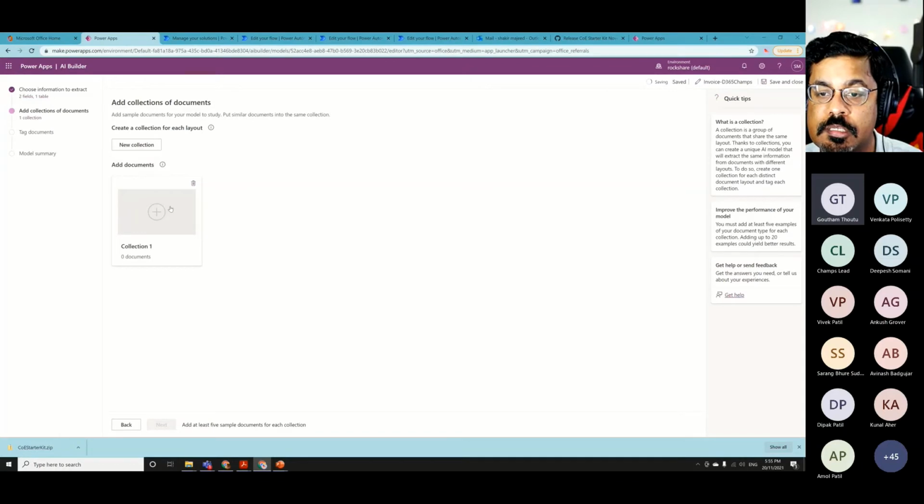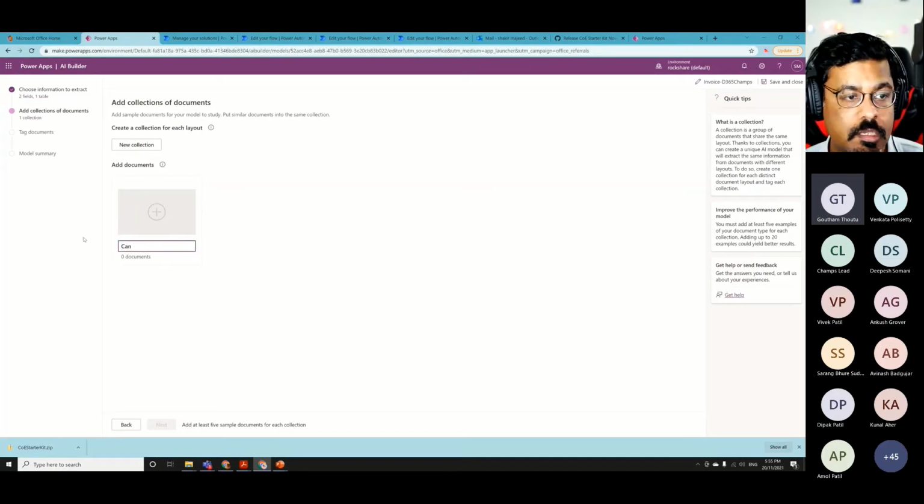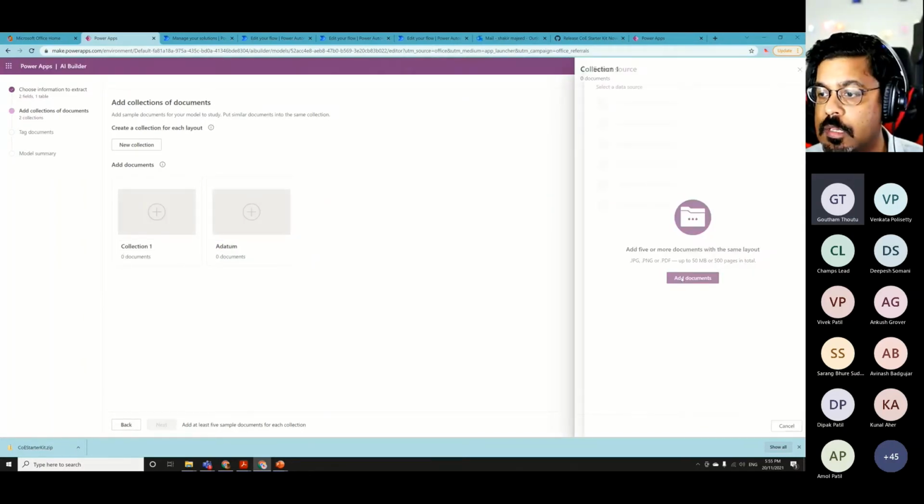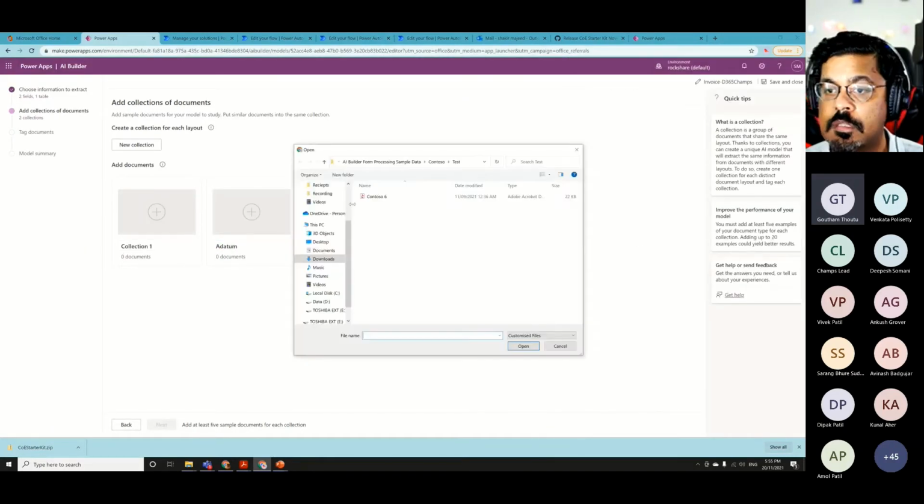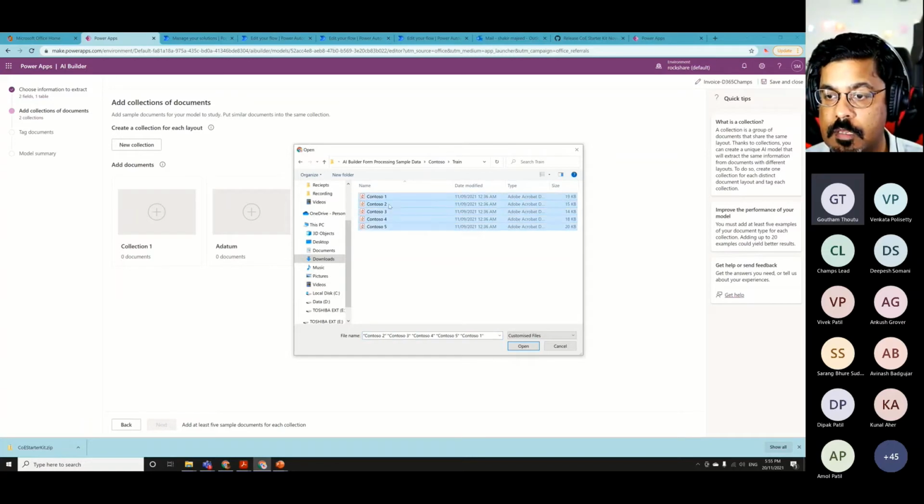It says two collections, so I'll say I have two collections: one is Contoso, and the other is Adatum. So this is Adatum and then Contoso, and I add the documents. In the Contoso one, I will train it with my